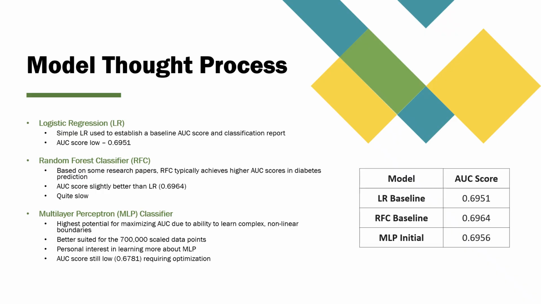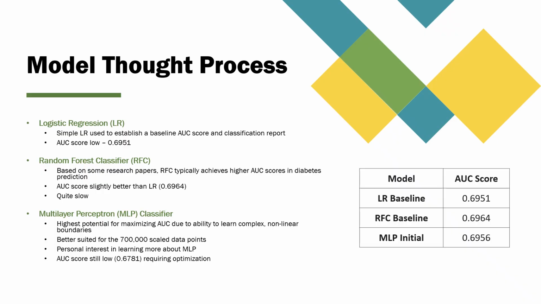I attempted to train 3 different models on the dataset. I first defined a simple logistic regression model. This model allowed me to establish a baseline AUC score and classification report. The LR model had a low AUC score of 0.695, which showed that there is a clear need for a more complex model, which is why after that I